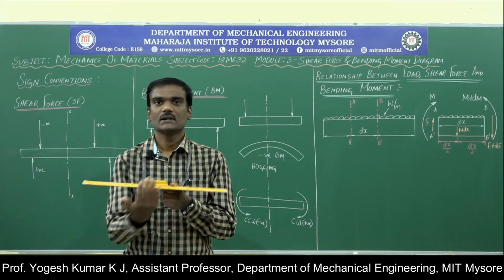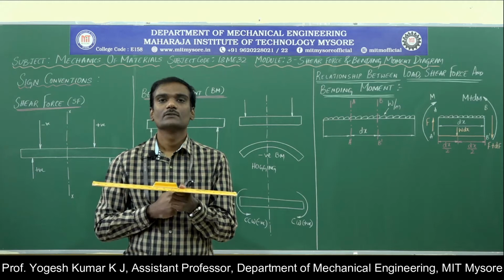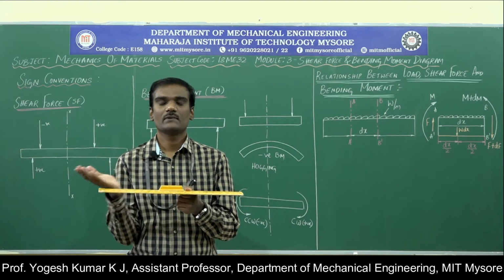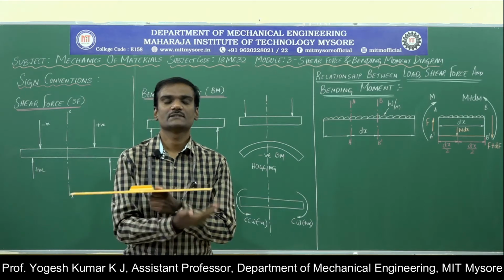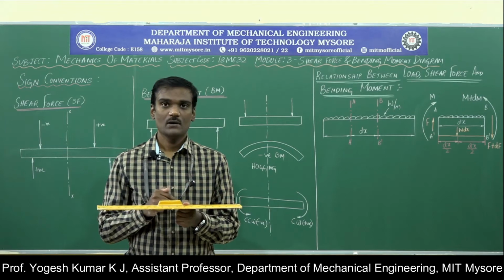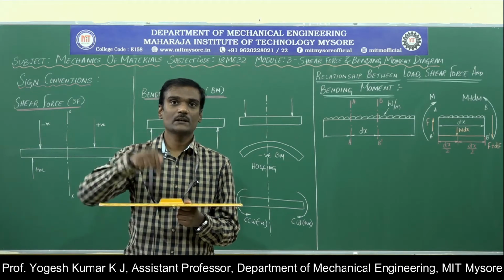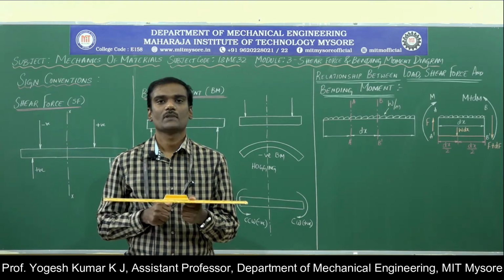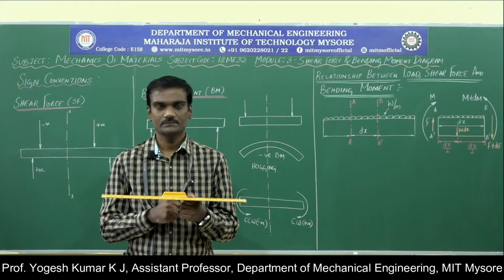So this is right and this is left when we have a section over here. Now what is the help of this section and why right and left? With respect to the section, this is the right side and this is the left side. Now on this beam, always remember a beam is a structural member which is subjected to vertical loads or a transverse load. So now let us observe the forces that are acting on this beam.